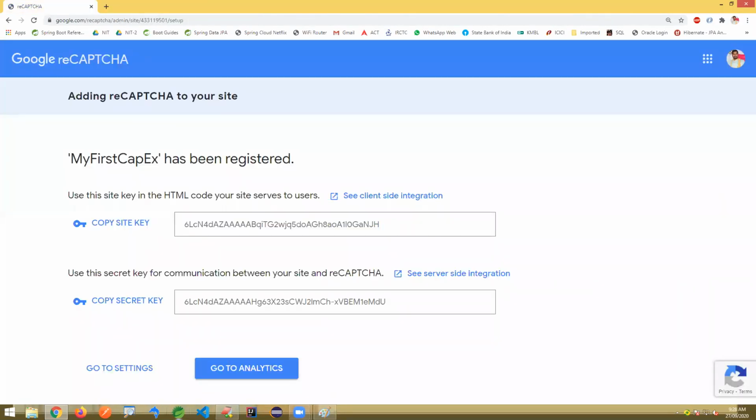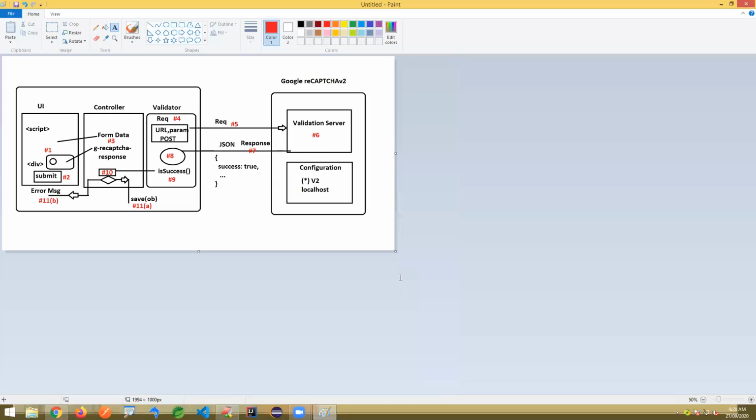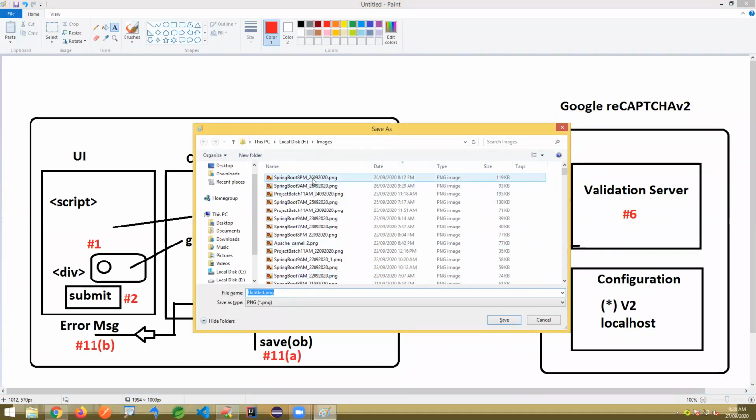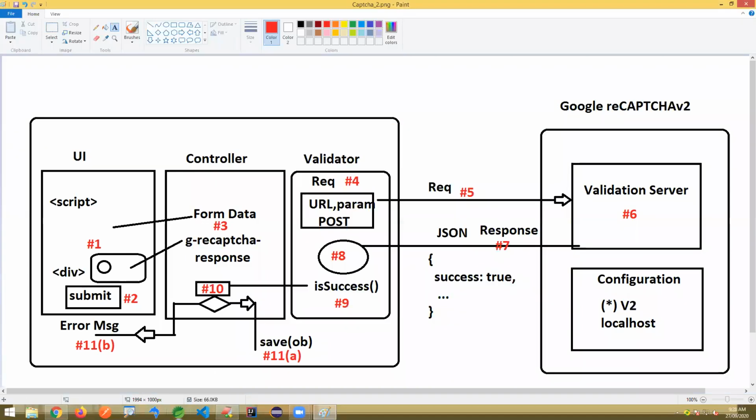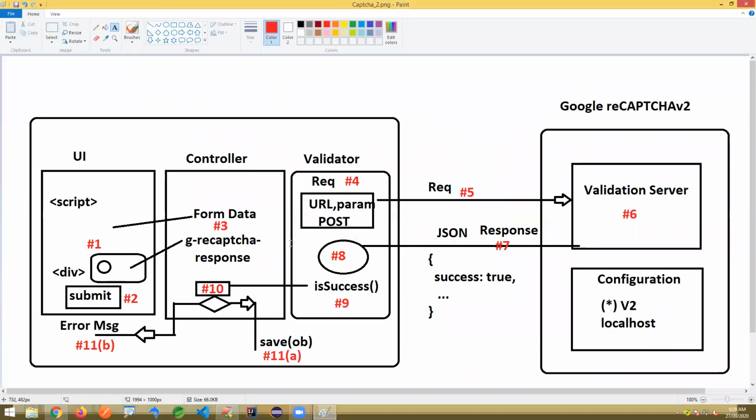So here, let us do the coding part, how it is going to be. I just want to implement the same. First, I'll write one simple application. I'm not going to involve any CAPTCHA in my code. First, I'll write a simple application that is for data registration and displaying the data.